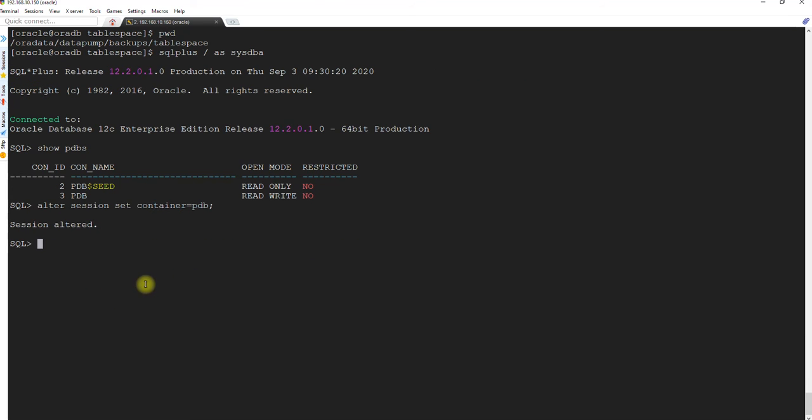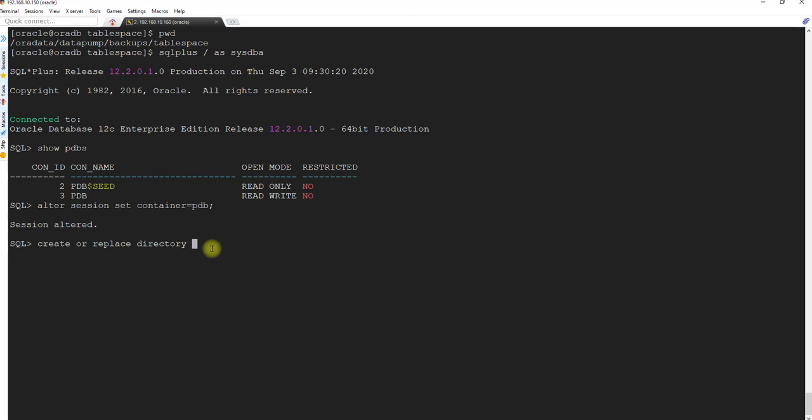So let's create that: create or replace directory. Because we are currently in the PDB, make sure you are in the pluggable database. If you are not in the pluggable database and you try to run that from the root container, it will throw an error. So make sure to take the tablespace backups from the pluggable database.